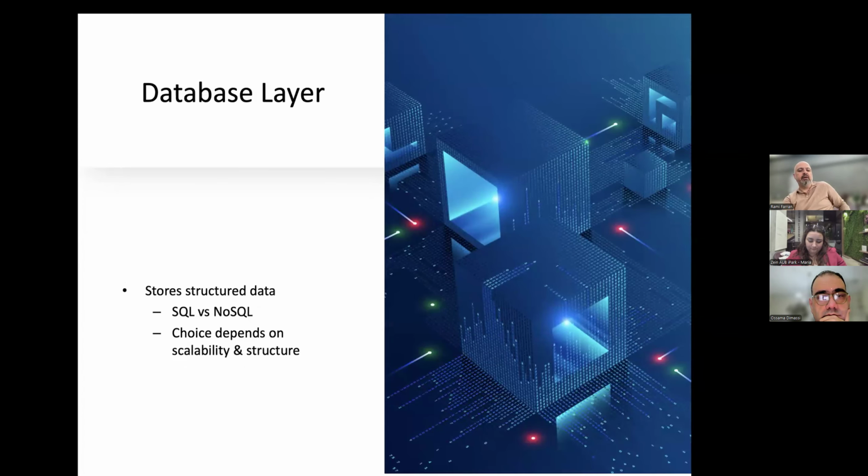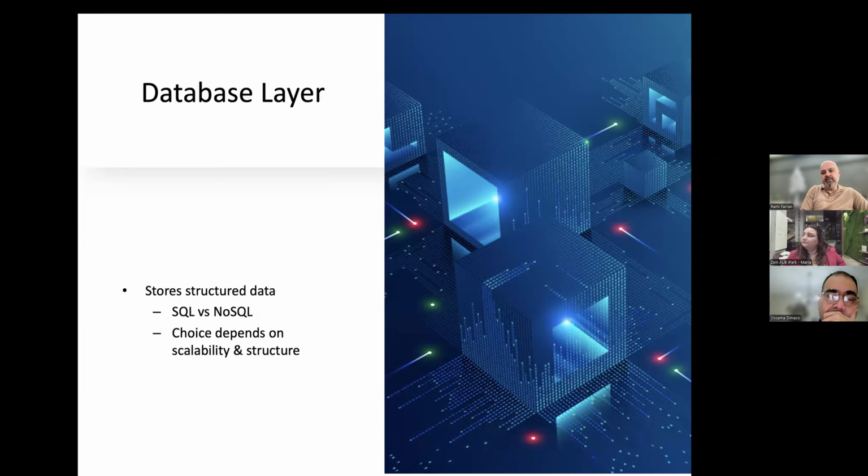For your database layer, there's always the decision if you want to use SQL versus NoSQL. SQL is for when you have really very structured data and you want the structure to be very rigid. You want a class, students, a set of courses, and the relationship between them. The trend today is if you don't need SQL, don't use it. So use NoSQL.